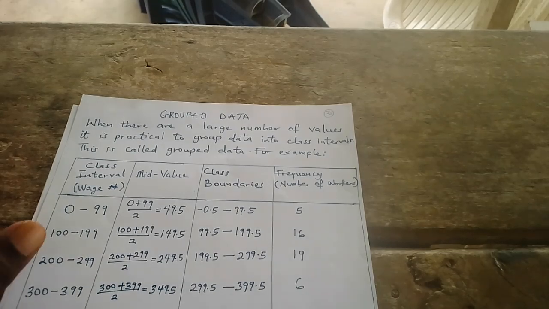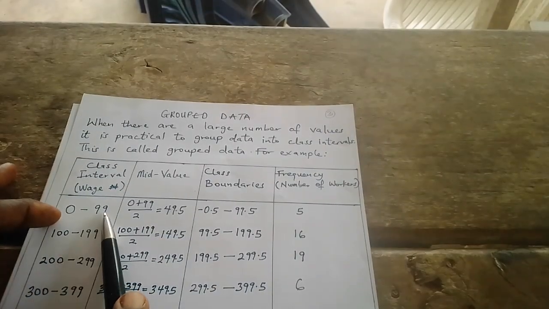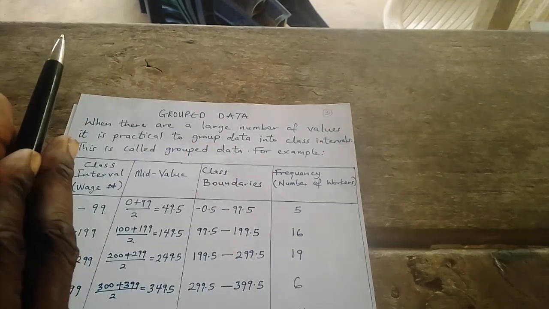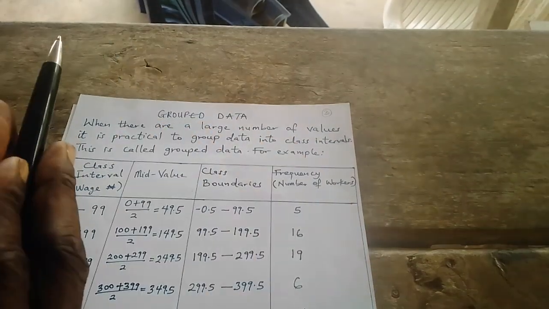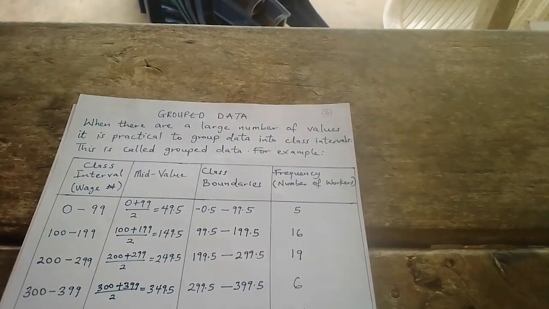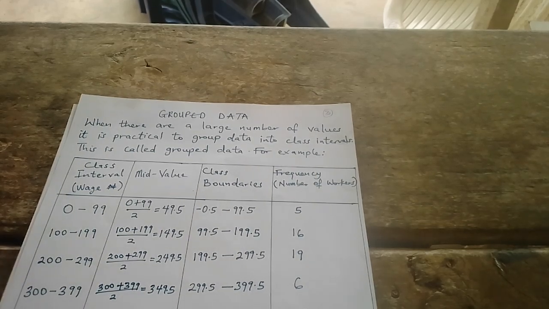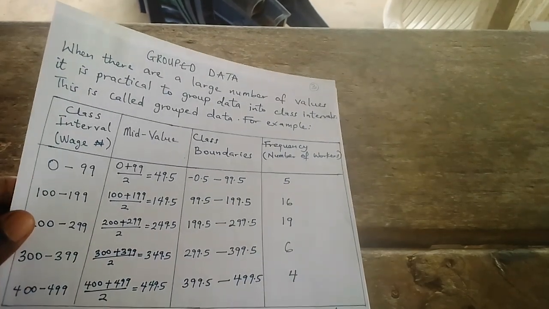For example, if you are having numbers from 0 to 99, that means you've grouped those numbers from 0 to 99 together. From 100 to 199, you've grouped them together. So they are now representing a unit. 200 to 299, you've grouped them together. So you are considering them to be the same. Now look at this. When we talk of the class